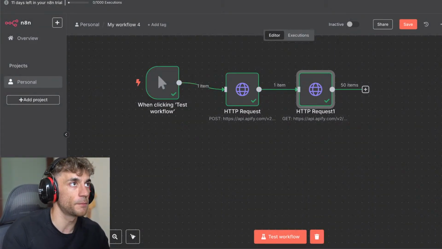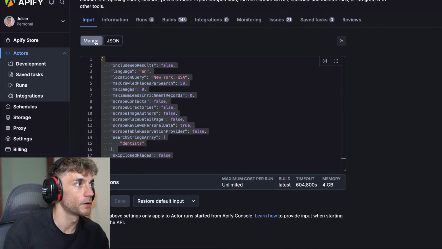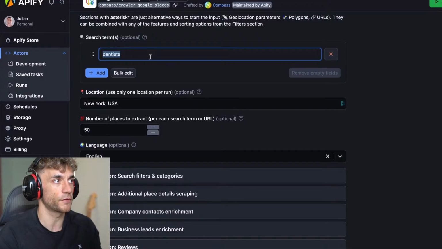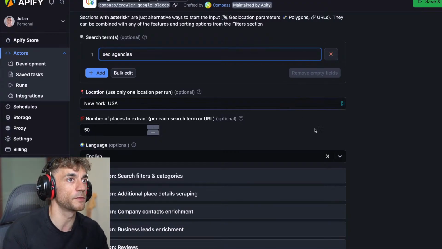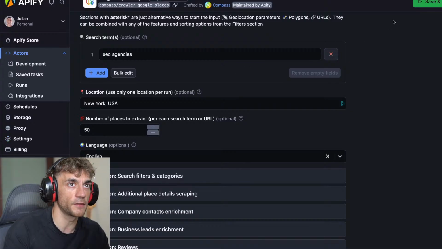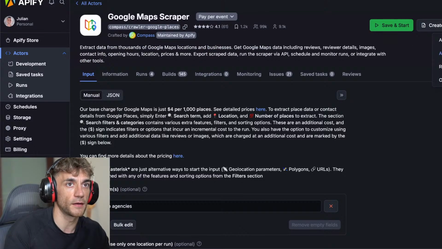If you want to change the endpoints, you want to change the filters, etc., let's go back to Apify, Google Maps Scraper, go back to manual, then change the search. So let's say, for example, SEO agencies, we want to scrape something like that. We'll plug this in, we'll search in New York, 50 places to extract, grab the endpoint,